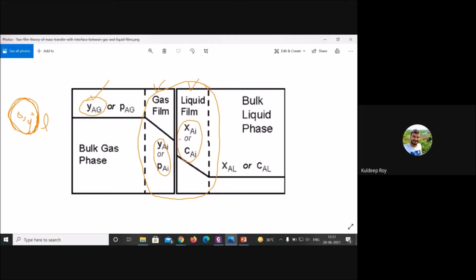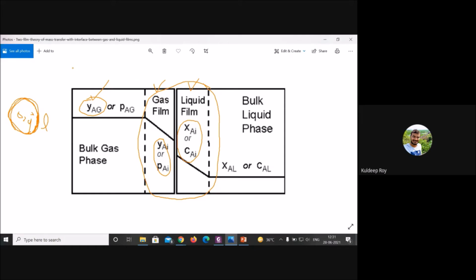Third point, I told that they will be adjacent. Now you can see both are adjacent to that. And the fourth point will be relatively stagnant. Okay, fourth point just keep in your mind, these are in a stagnant position. Okay, you have got a little bit that these are the boundary conditions. But the question comes, how the mass transfer will take place.